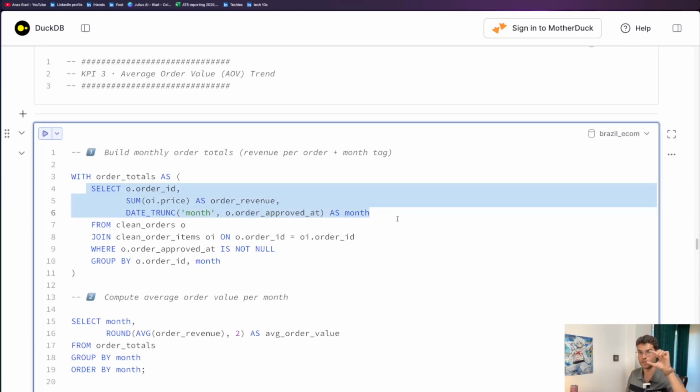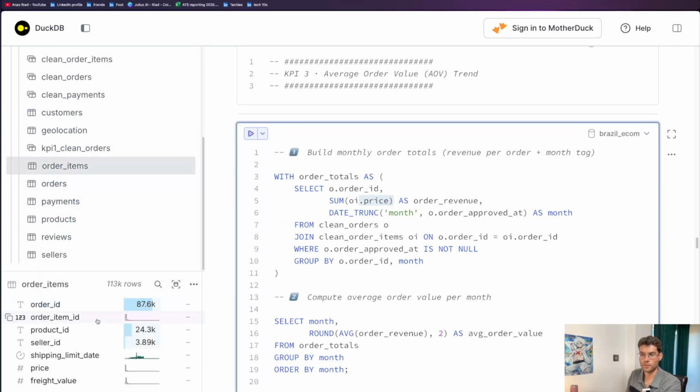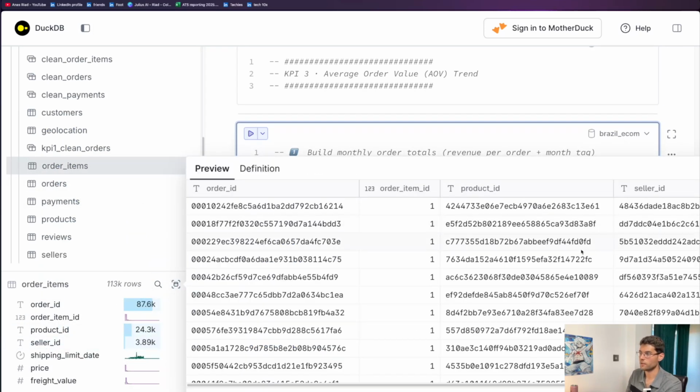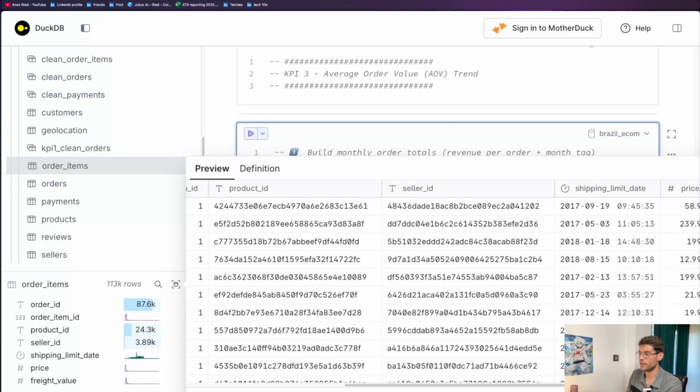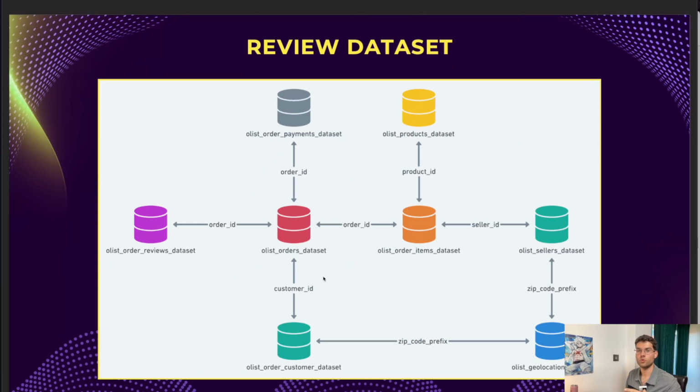In the select statement are the columns that we select in our table. So the ID, the price that we have in our order items. So we have the price in our order items. Always nice to go back and visualize the data, because obviously it's important to understand the nuances, the connections and everything